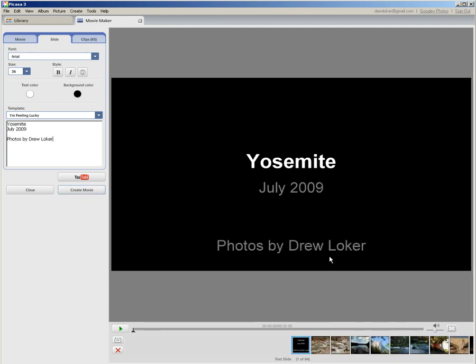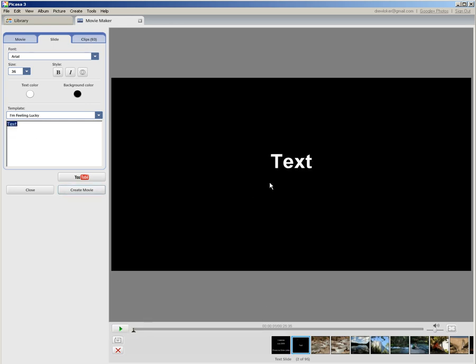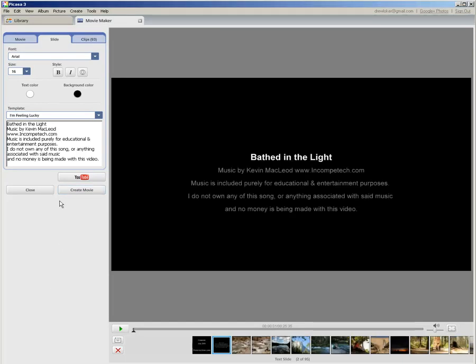Okay, the last few steps, you'll see I also added the credit line, photos by Drew Loker. The last few steps are to create the credit line. We'll go ahead and create a new box. And in this box, I'm going to give credit to the author. And I will put this on the focus for you all to find. But basically what it needs to say is that it's not your music. And the final step is to work with the text, move the slides around, and do any other